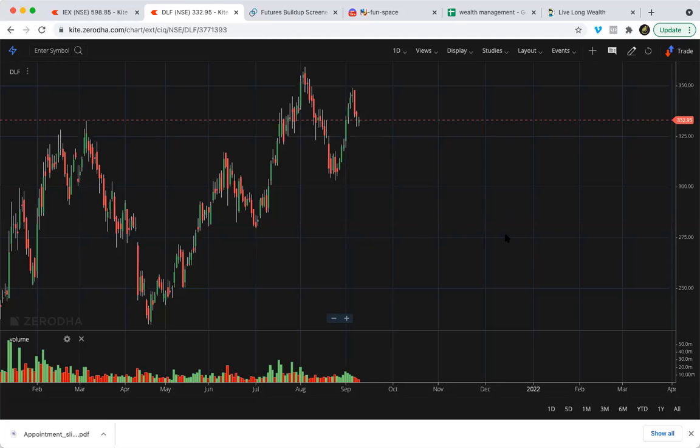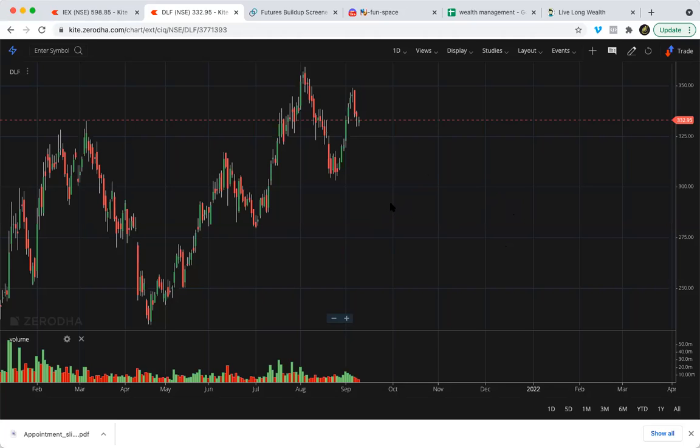Should I book my long-term profits as the markets rise? See, we can't say where the market stops. Nobody can say where the bottom is, and nobody can say where the top of the market is. None of us can time the markets. None of us are capable of timing the markets. So if you already have holdings and you are at 80% profit,